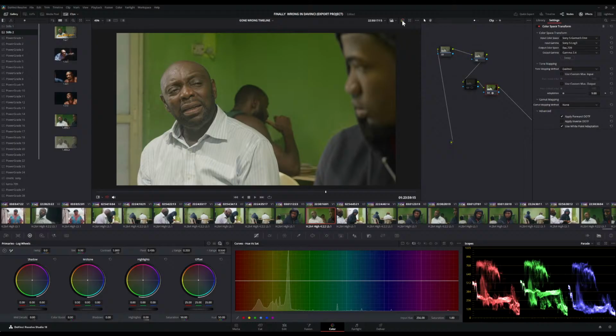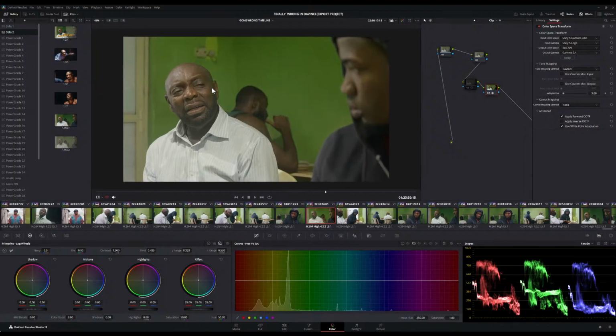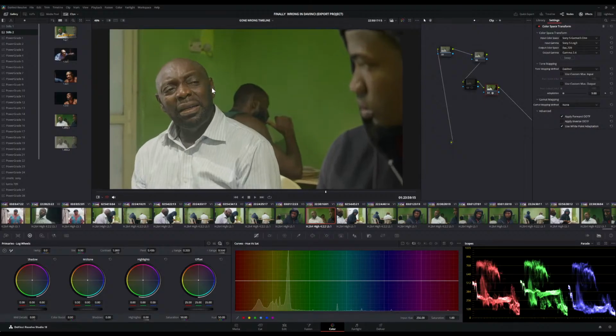So the first thing you need to learn when you're dealing with any of these high-end cinematic cameras is how to convert from their log to Rec 709, because most of this, our phone, our laptop, our TV,